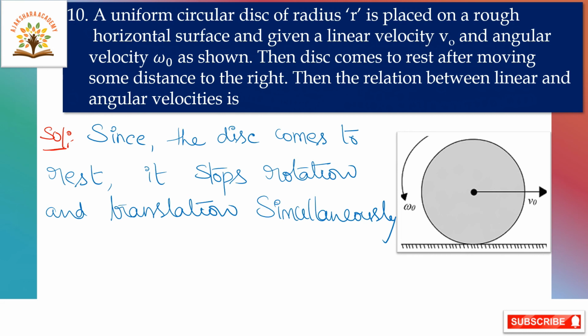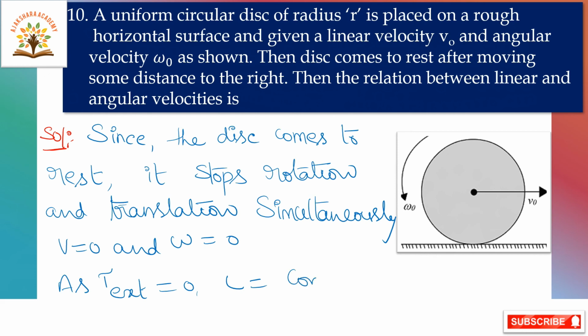V is equal to 0 and omega is also equal to 0. So as tau external is equal to 0 because L is constant,